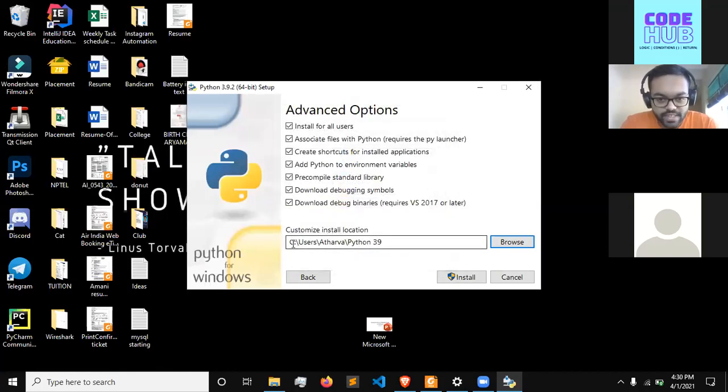It will look something like this: C, Users, Athar, Python39. And then everyone sees this? Yes, sir. Is there anyone who isn't seeing this?